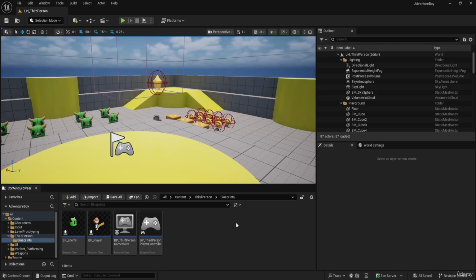Next, we want to create a system where once we've collected all the stars of the level, we would show a UI congratulating the player that they've collected all of the stars, and then we give them the option to continue playing or to go back to the main menu. So we'll start by going to the player blueprint,